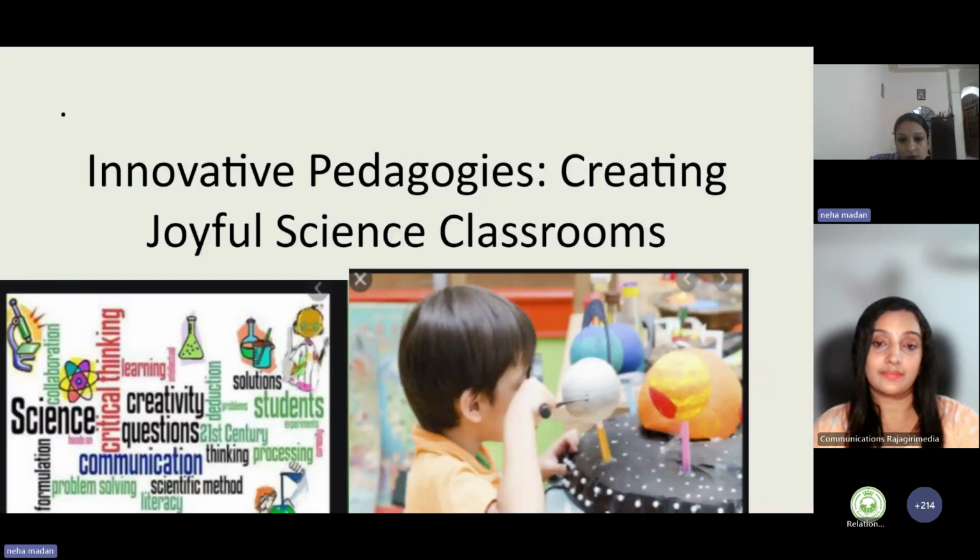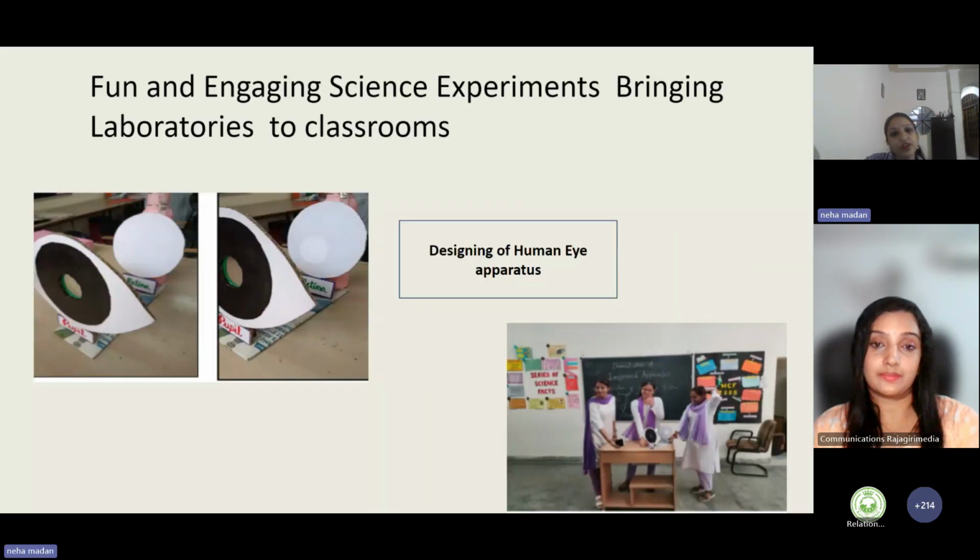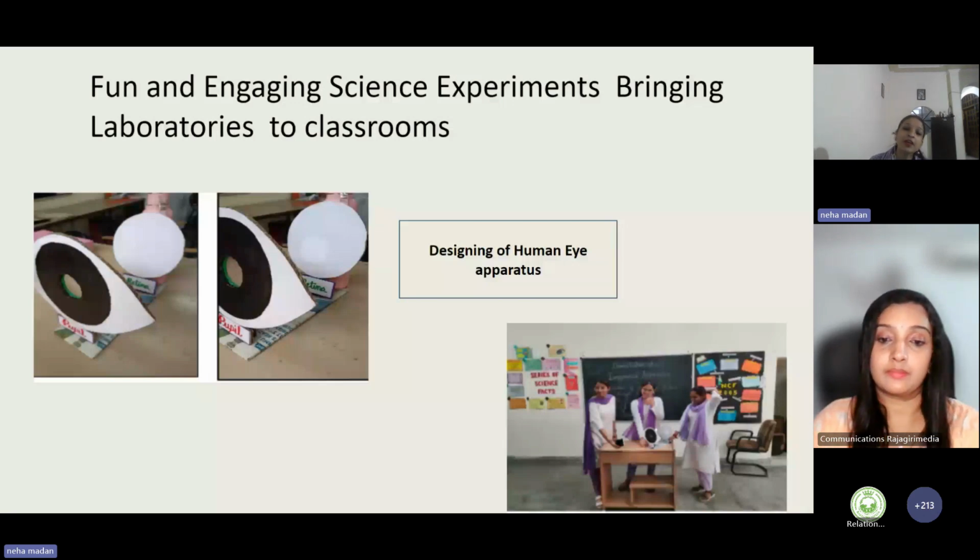Now, to create the joyful science classroom environment, the first strategy is that we can bring the laboratories into the classroom. Now, the question arises, how can I bring the laboratory to the classroom? As seen through researches, I myself have conducted researches in the schools of Delhi, that the labs are not in active form in most of these schools, and many times the teachers are not able to take the students to the laboratories to do experiments. So what strategy can we as teachers use? We can simply